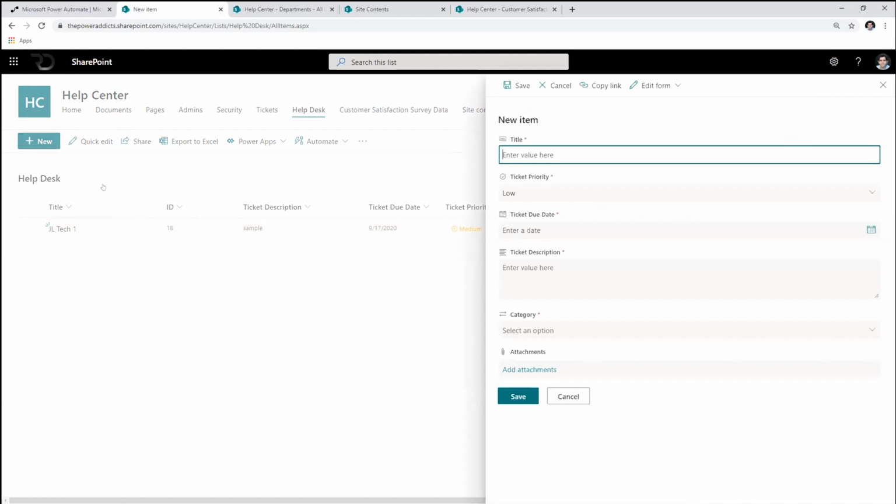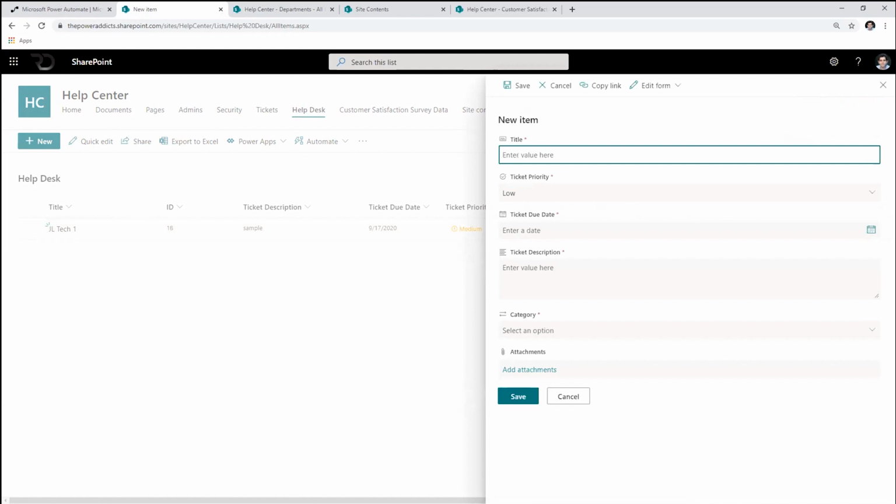Let's check this out. So let's go through this process. Now, the key here is to understand expressions. Remember, the use case is simple, but the goal here is to show you where I'm using expressions, because without the expressions, it would not be possible for me to perform this kind of scenario.